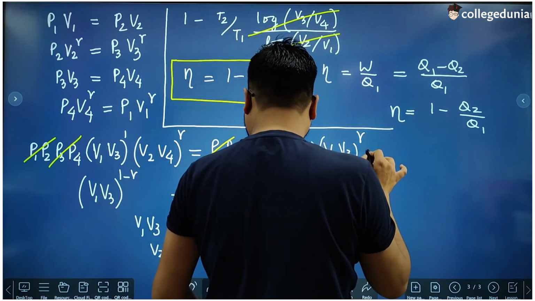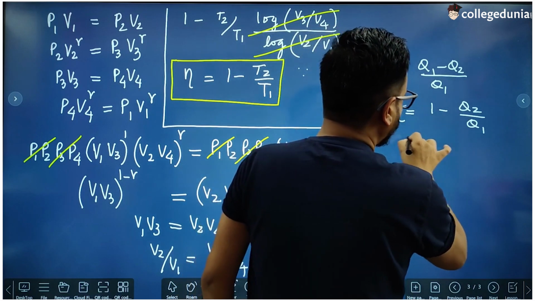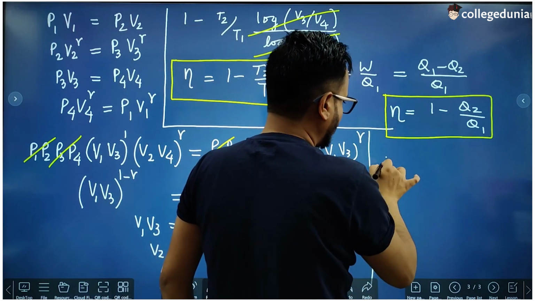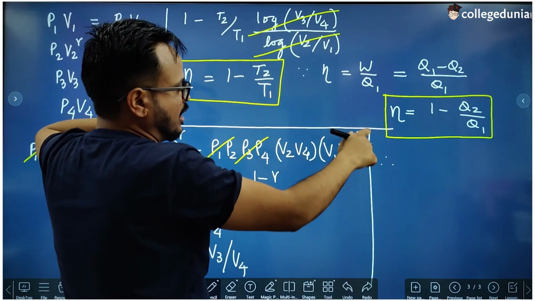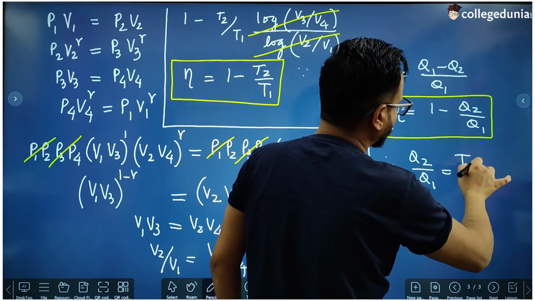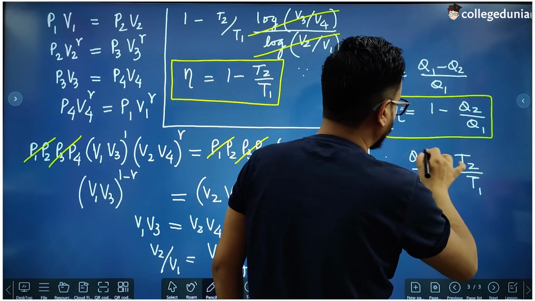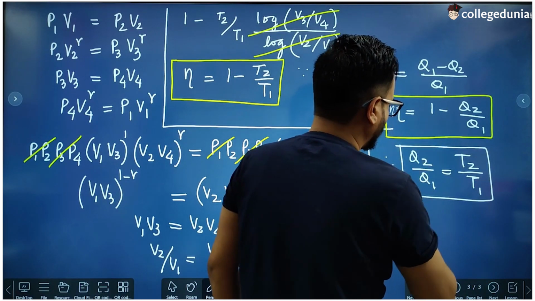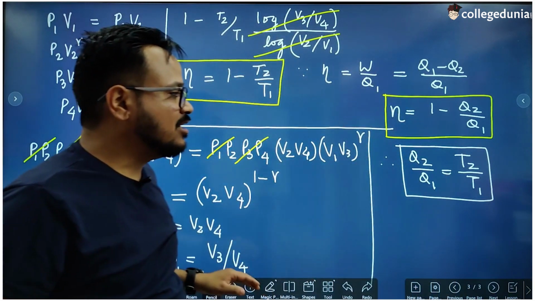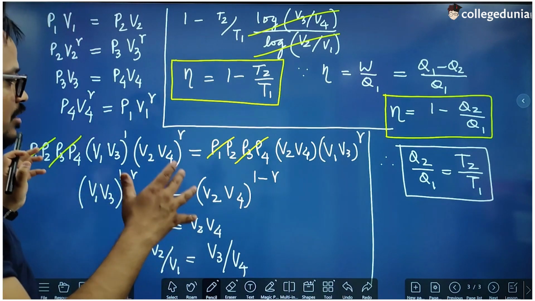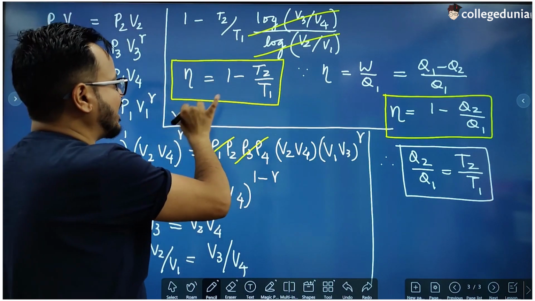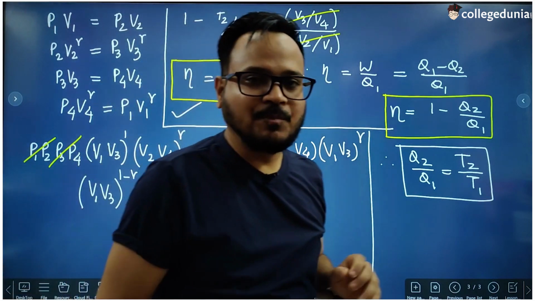This was the efficiency of the Carnot engine or any heat engine. So from these two formulae in yellow boxes, this one and that one, we can say that Q2 by Q1 is equal to T2 by T1. So this is everything that you are supposed to prepare in Carnot engine. The most important part is the derivation of the efficiency of the Carnot engine, in which you have to arrive at this formula, right? So prepare it carefully.